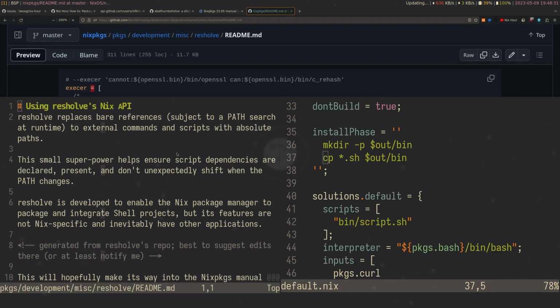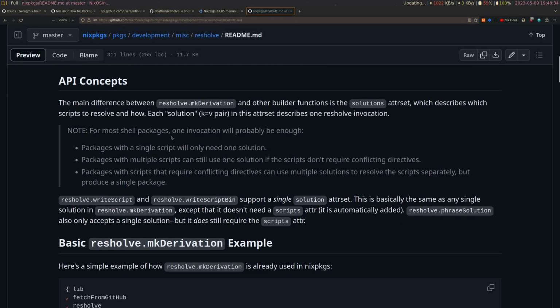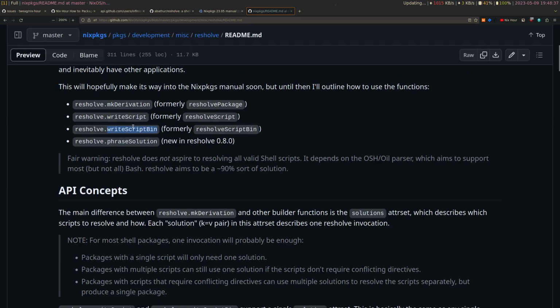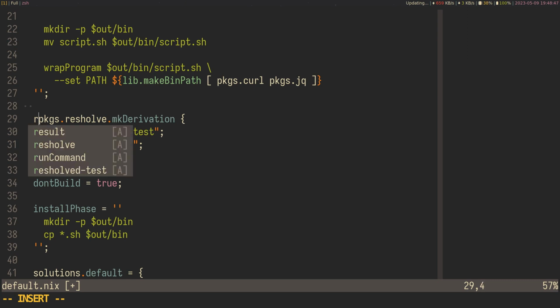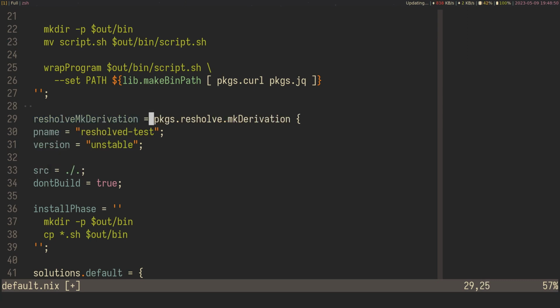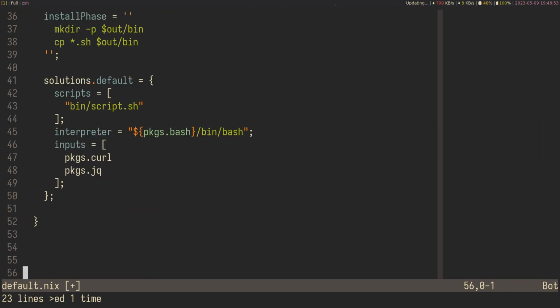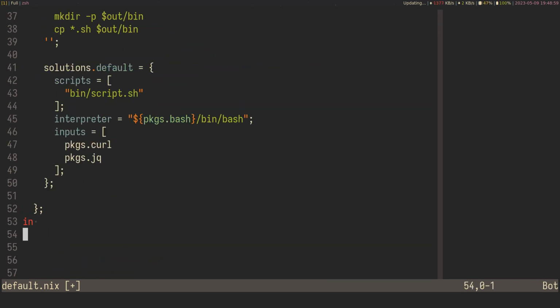So yeah, let's try using this resholve.writeScriptBin instead. This should give us the same result, but a lot simpler. So let me just move this up here and do resolve make derivation. Is this. And then new approach, packages.resolve.writeScriptBin, I believe. So we can use the same interface as packages.writeScriptBin, which would be, actually what would it be? It would be,